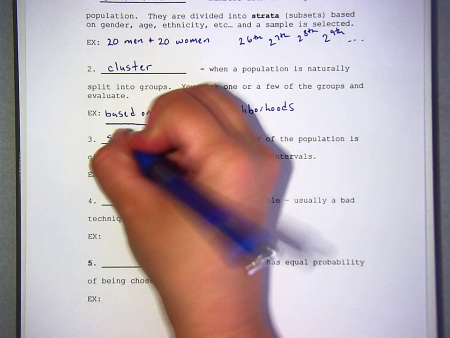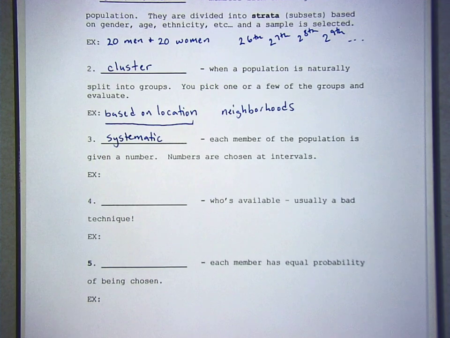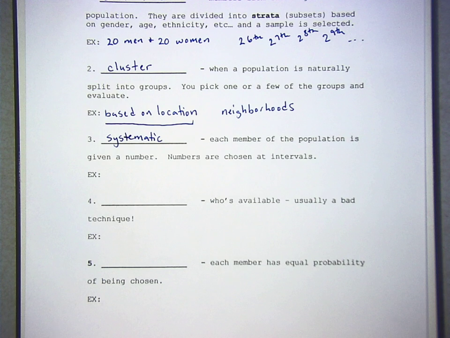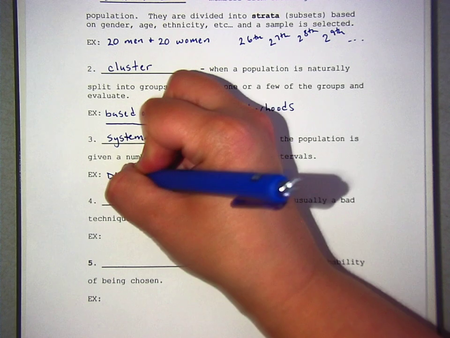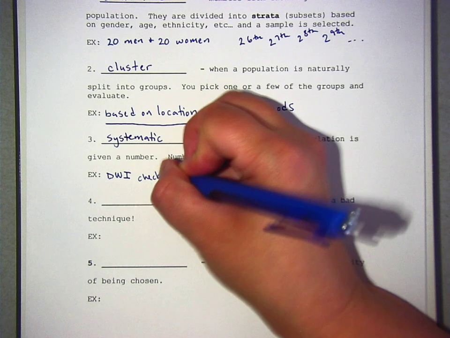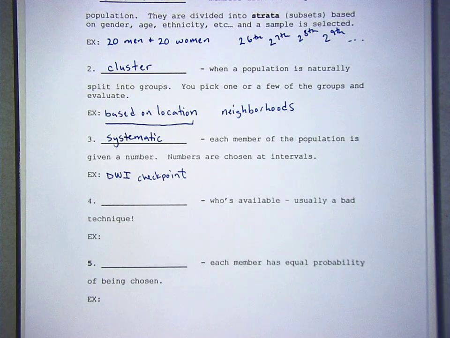Systematic is the next one. Systematic is when everybody gets a number and you choose people at intervals. For example, have you ever seen like a DWI checkpoint? Has anybody seen one of those before or heard of it? So what it'll be is outside of big cities,